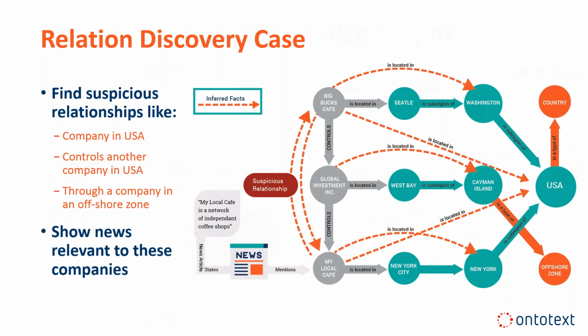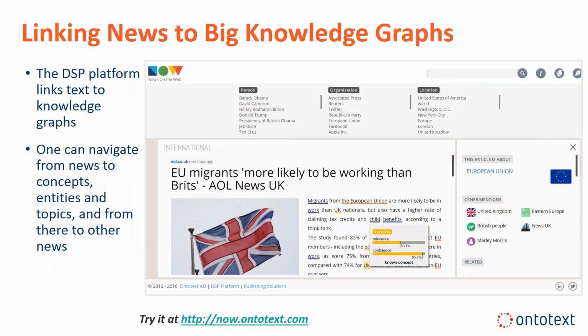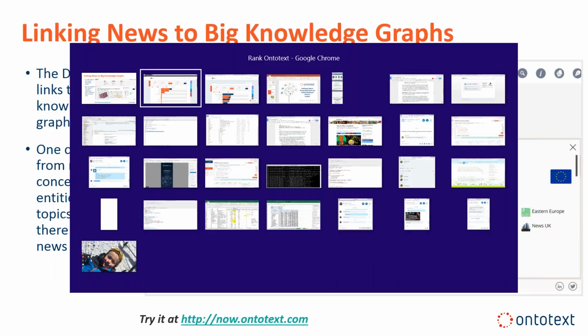So you can trace patterns, like be able to spot that Big Bricks Cafe actually controls my local cafe in New York City through a company that appears to be registered in the Cayman Islands. And these kinds of things, like detecting complex patterns using inference. All these dashed arrows are actually inferred information. I'll demonstrate this later on, but as a technology basis, we combine this graph database with a service called Now, News on the Web,